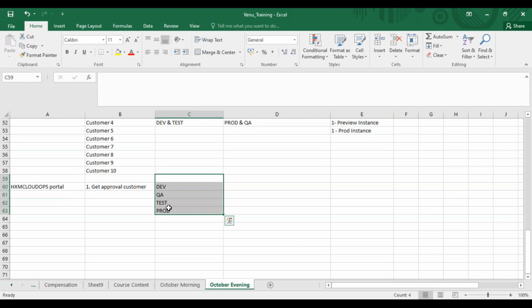Let's say we have these 4 systems. For all of these 4 instances, you'll also have 4 provisioning accounts. So you need to get approval from the customer that you need 4 provisioning accounts: one for dev, one for quality, one for test, and one for production. Once you get the approval, it needs to be attached in the HXM Cloud Ops portal where you